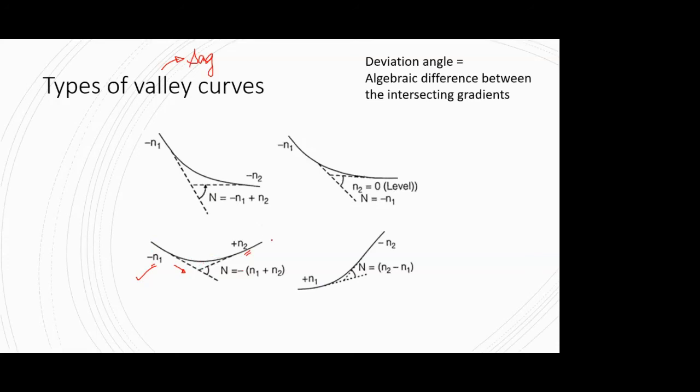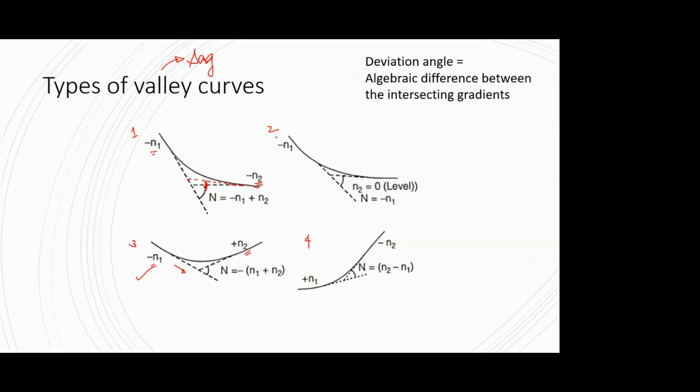Okay. So you will get a typical valley curve, but it's not always the case that you have a down gradient followed by an up gradient. Many of the times you have different cases as well, as you can see in the first one. If I number it, in case number 1, it's a steep down gradient of minus n1 followed by another down gradient, but it is having a less slope. The figure should be somewhat like this. So this will also form a valley curve.